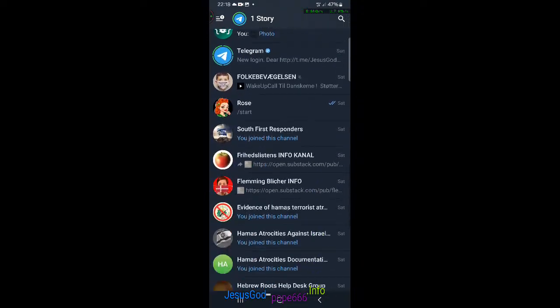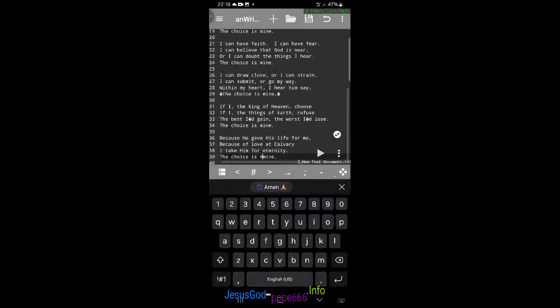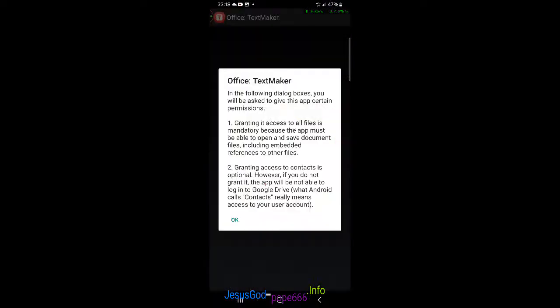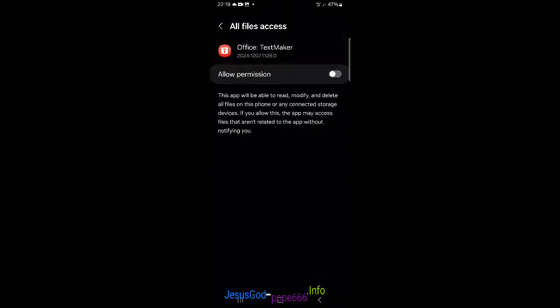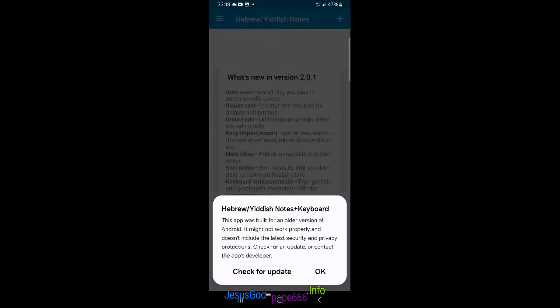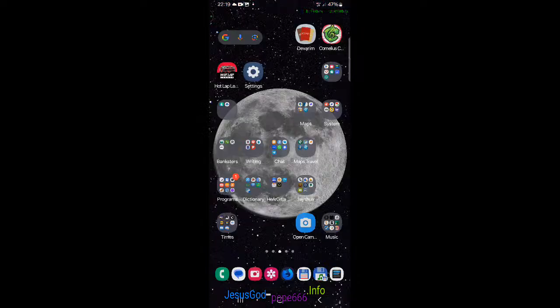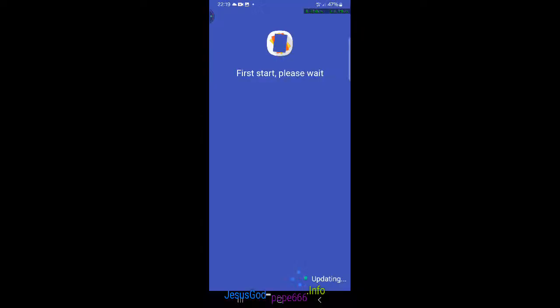So yeah, kind of disappointing. Wonder if this still works. Okay, what about this one? No idea. Don't think I've used it much. I'm not even sure what it is. So many applications. Here we go, right? This app was built for an older version of Android. It's the same bullshit, again and again and again, right? Update Android and you get into lots of issues. Isn't that just fun or something like that? Whatever.